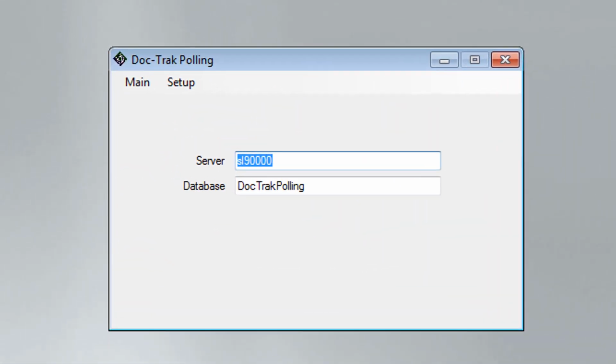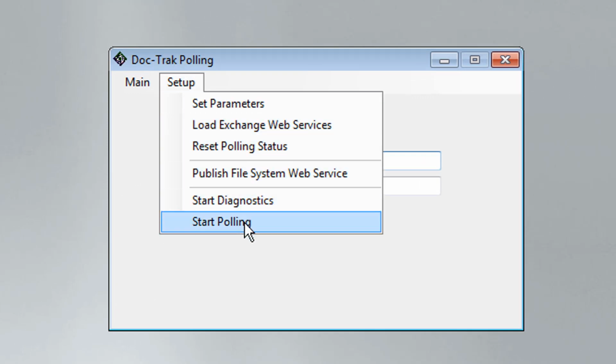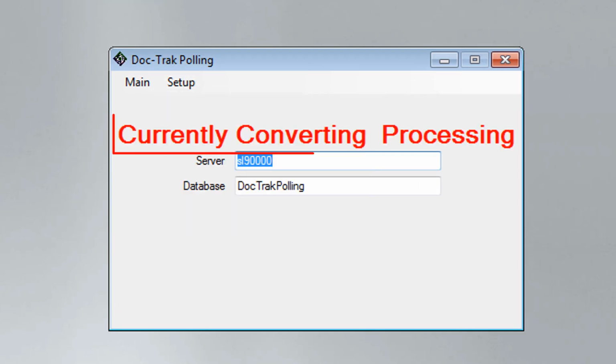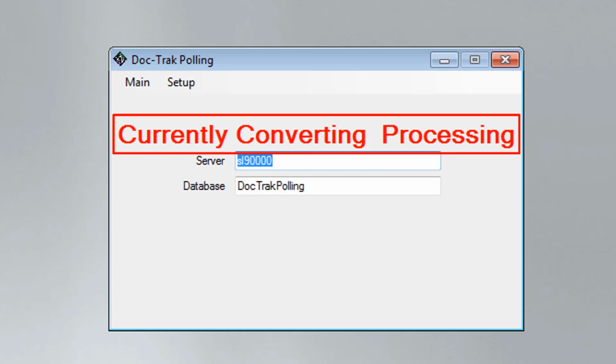Now I can start polling from the drop-down menu. And I can tell that it's running because it displays this red text indicating that it's ready to convert attachments to PDF format and process polling requests.